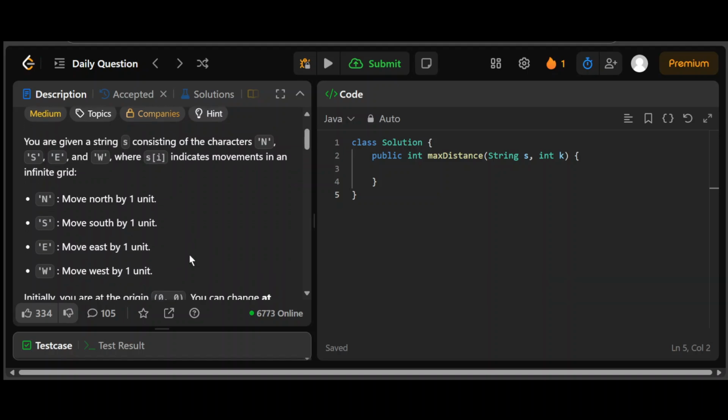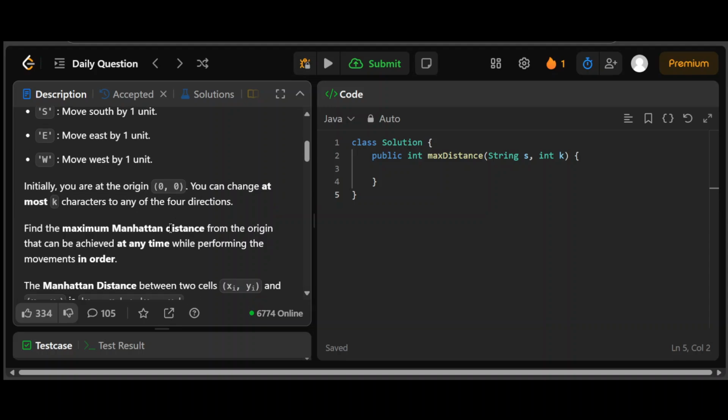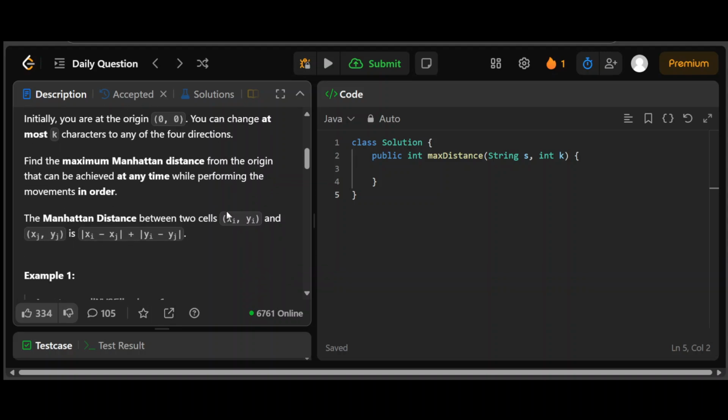So the question says that you are given a string S consisting of the characters NSEW, where S[i] indicates movement in an infinite grid. As these characters suggest, it's for those four directions, right? North and south and east and west. You have to move by 1 unit in each direction as given. Initially you are at the origin, (0, 0). You can change at most k characters to any of the four directions, right? So maximum Manhattan distance from the origin that can be achieved at any time by performing the movements